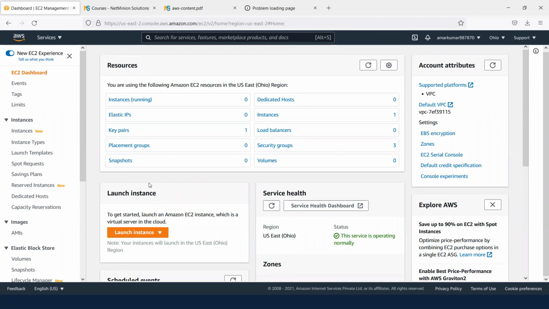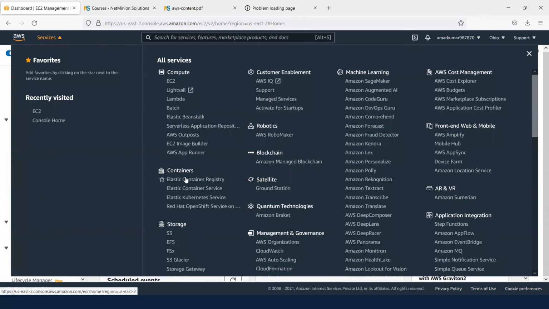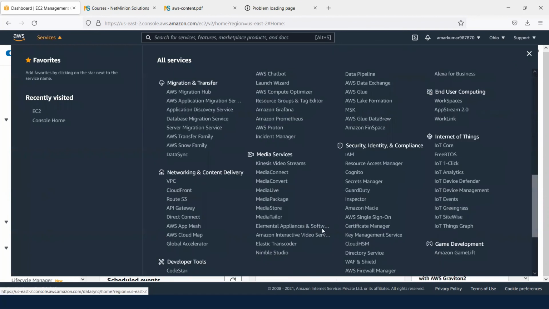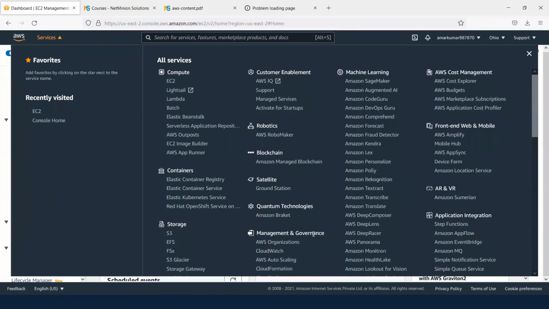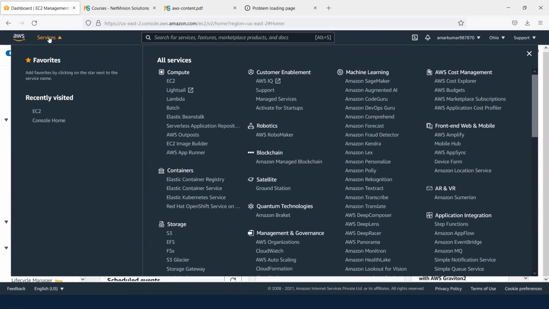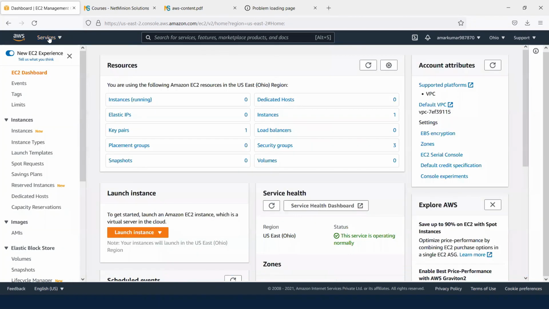Over time they are enhancing their services. For example, when they launched, there were only a few services, but nowadays you can see the list of services over here. These are all services, and this list is going to get bigger as time goes on. The cloud service provider keeps improving services.